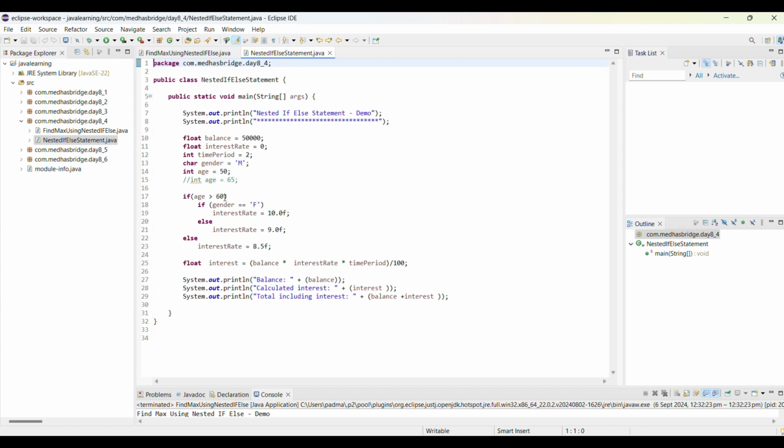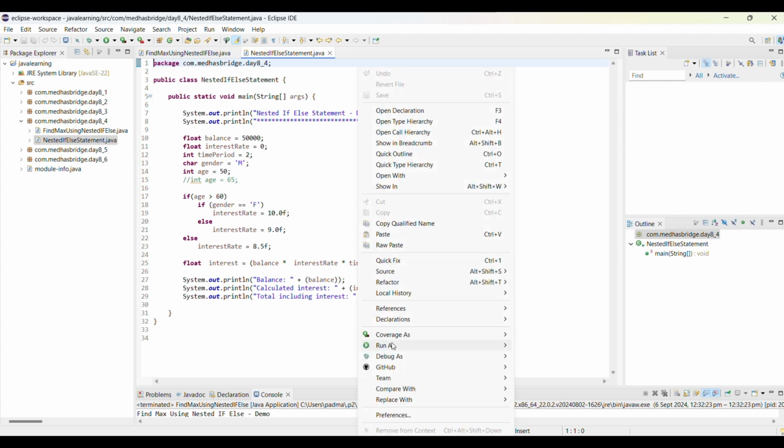Within the senior citizen case, if the person is female, then the interest is a bit higher than for the male. So within the if you are using one more if else statement, and the else would be the same. This is the best example for a nested if else statement. Let me quickly run this program and see the output,